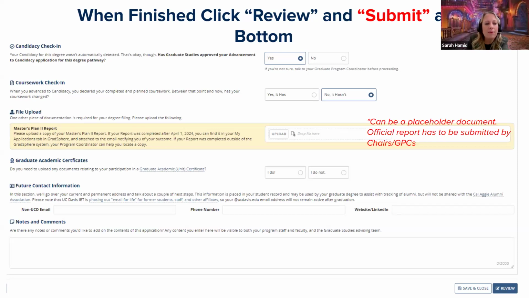Graduate academic certificate, most of you are not going to have this. If you have no idea what this is and you've never heard of it, you're going to say no, I do not. Most of you are going to click, I do not. Then you're going to put in your future contact information, and then you're going to click review and then submit. And again,